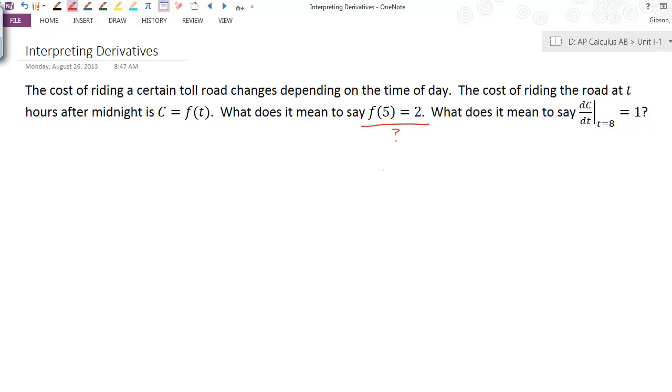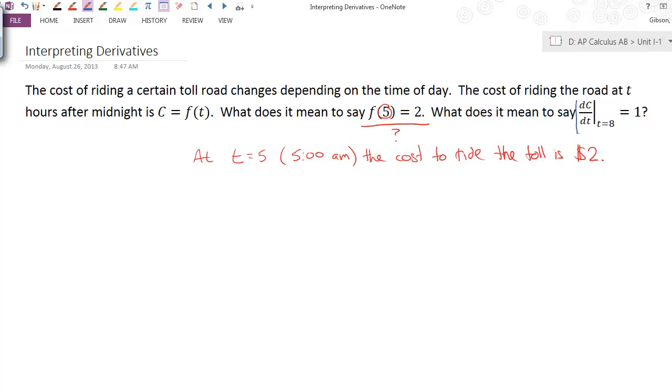So let's take a look at that. We say f of 5, we can see the variable here is t equals 5. T means 5 a.m. The cost to ride the toll is $2. So we're looking at our units here. We're talking about hours of the day. We're talking about dollars. So units will help us answer the next question,